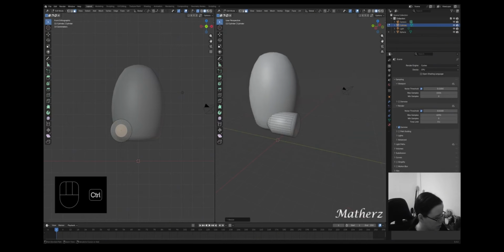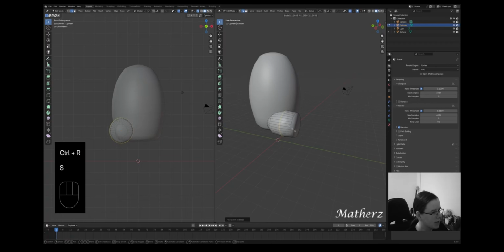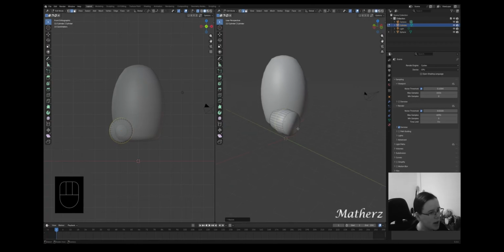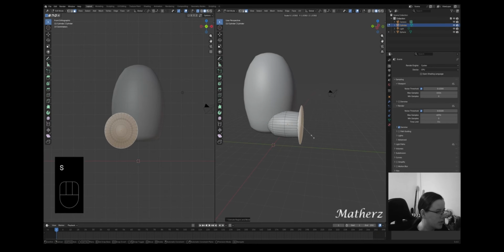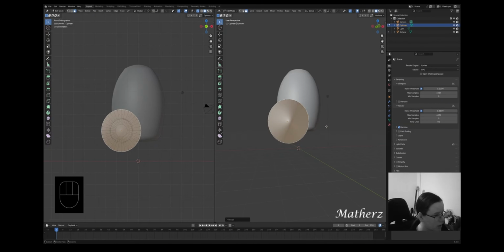We'll go for Control R, make a loop cut, S for scale, just kind of plump this up a little bit. We'll take the front right here, and this is the part where we're going to make the little paw. So we can go E for extrude, bring this outwards, S for scale. Don't worry if it's not quite the shape that we need it to be just for the moment. We will amend this. Let's go S for scale, bring this in